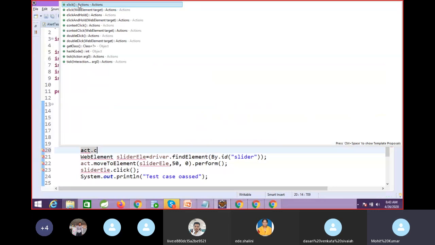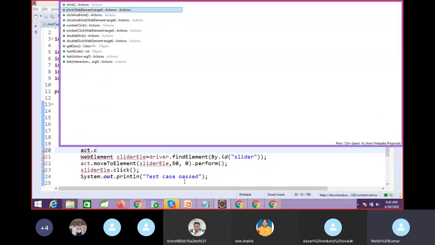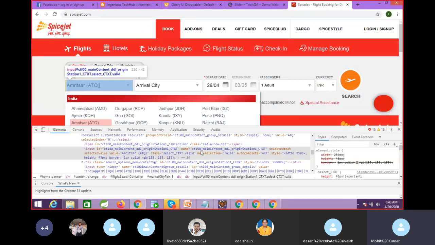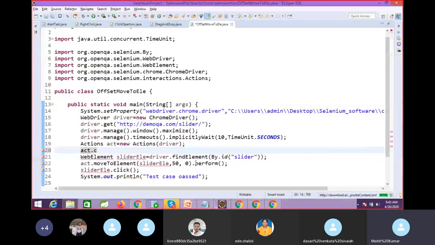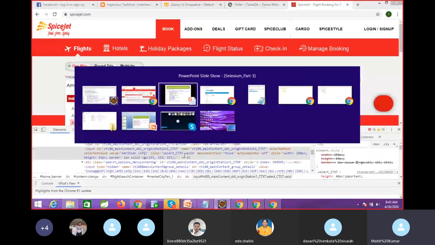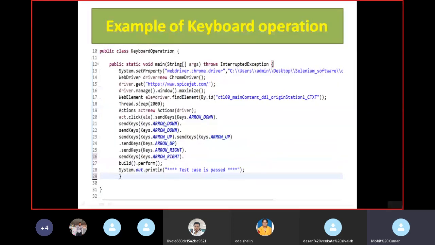We are not only clicking on that. Here we will use the method target web element, your target element. That reference we will pass here, and we have a method called send keys. If you are calling multiple methods, that concept is called method chaining. Here we are calling all these methods and using these keys and performing this operation. That's it. And you can use build.perform in the last.